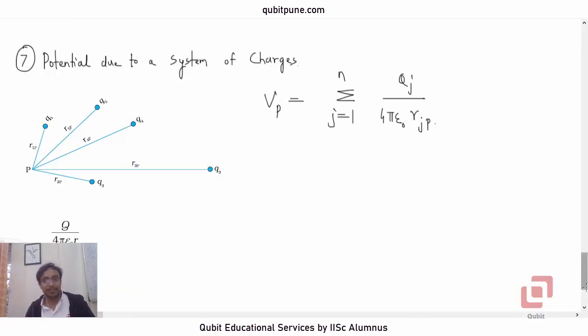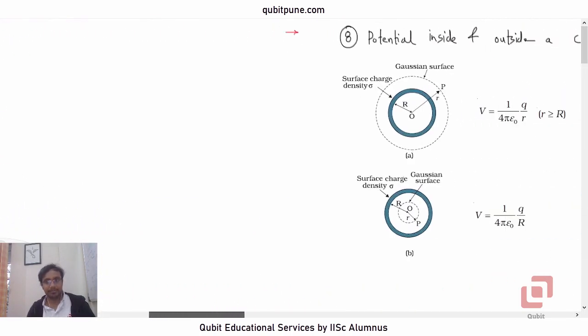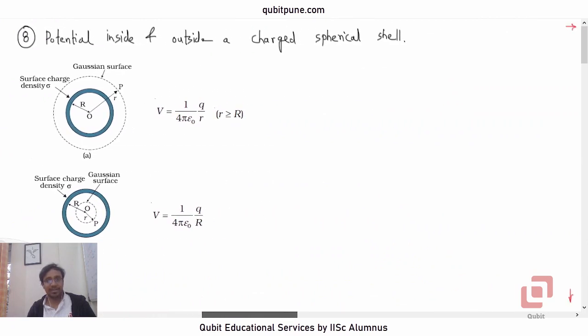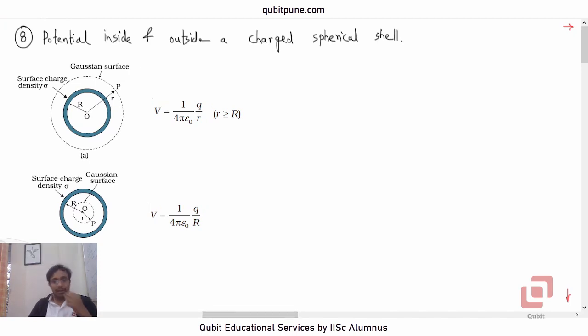So we had completed potential due to a system of charges, and now let us head towards potential inside and outside a charged spherical shell. There are two important results here. Result number 1 is that potential drops inversely with the distance of the point from the center of that spherical shell,